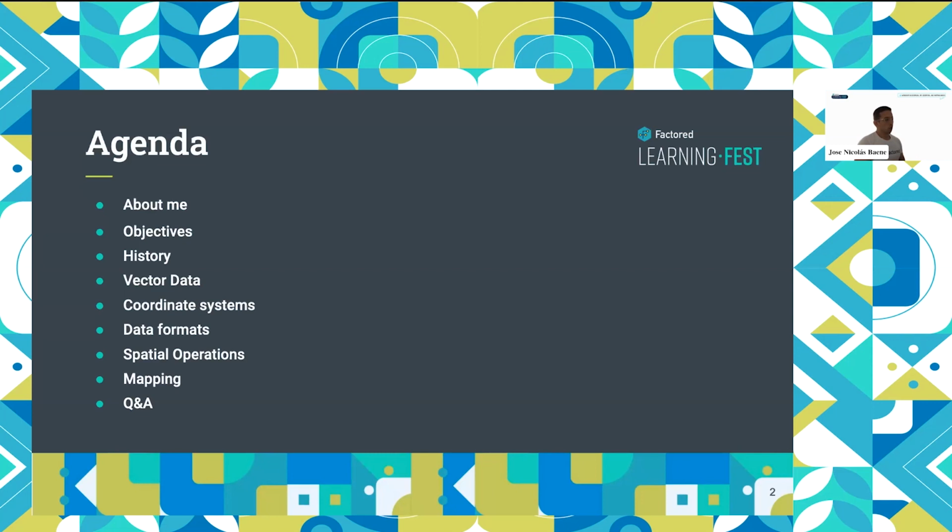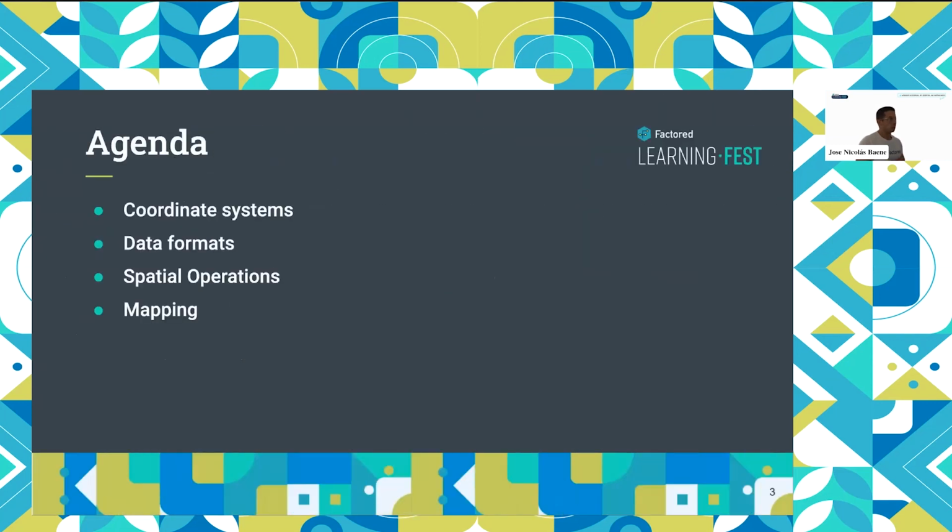We'll speak some more about data formats, spatial operations, and mapping. So without much more, the agenda will be divided. I want to focus on this because this is the main storytelling I want to give you. Coordinate systems and data formats is mostly related to how data is stored and presented. So bear this in mind, because when you are doing a workflow, you start with how your data is stored and what transformations you should do.